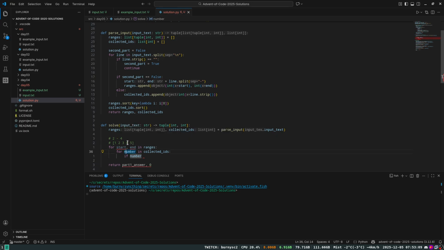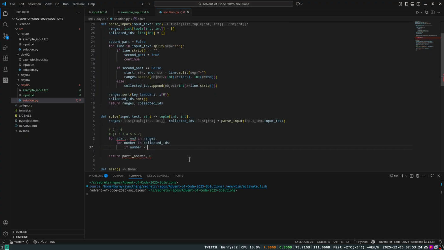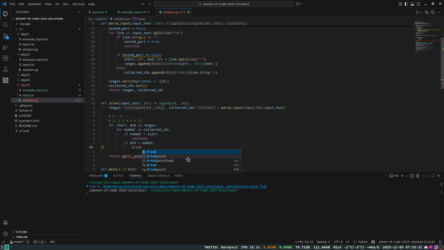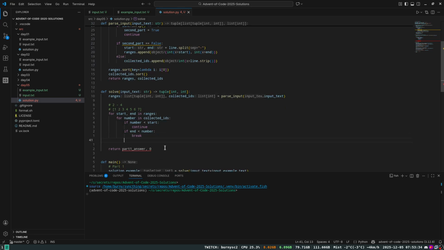If I'm at a number greater than 4, I can break out, so I can save checking for this range. The number is smaller than start, continue. If number is larger than end, break. Otherwise,